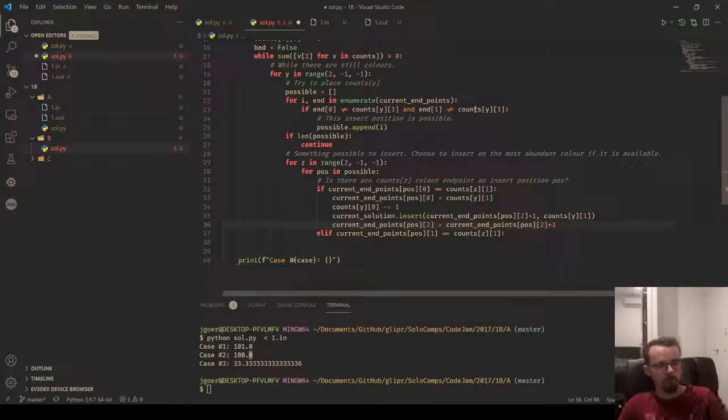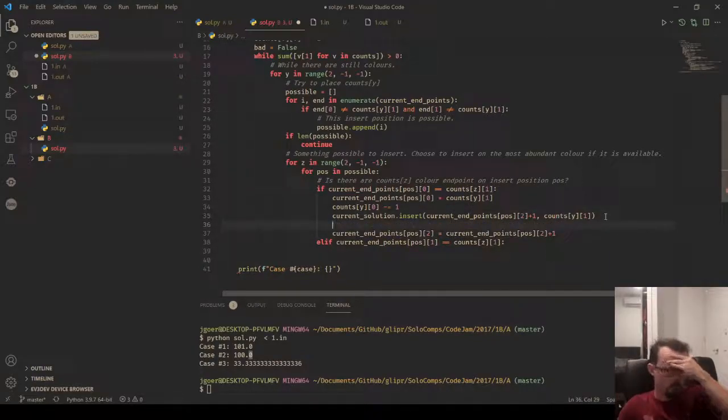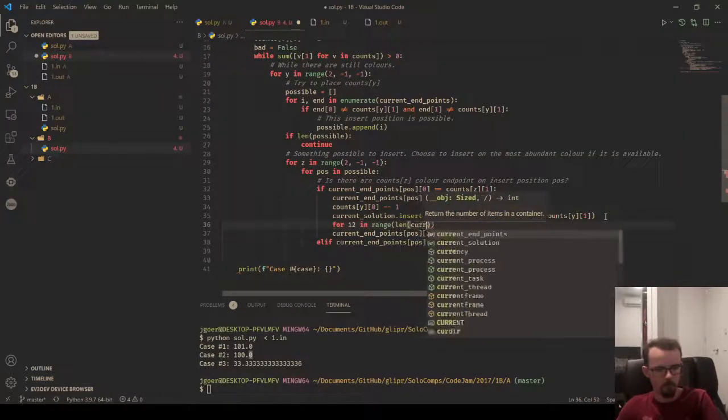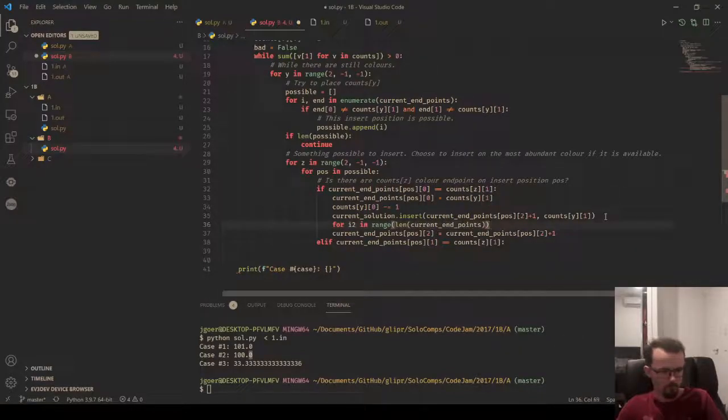Yes, okay, so by inserting into that list at that point in time, anything that comes after that list we need to increment by 1. So let me actually just do that here instead. So for, let's say, for I2 in range of current endpoints,